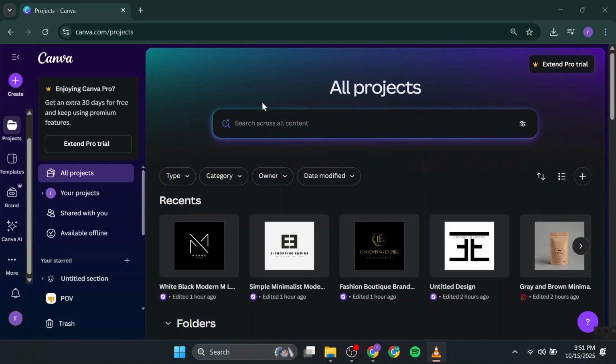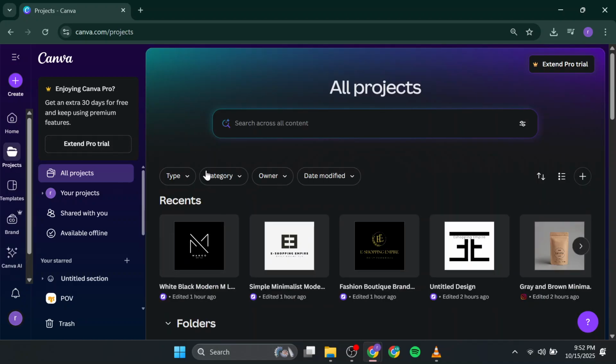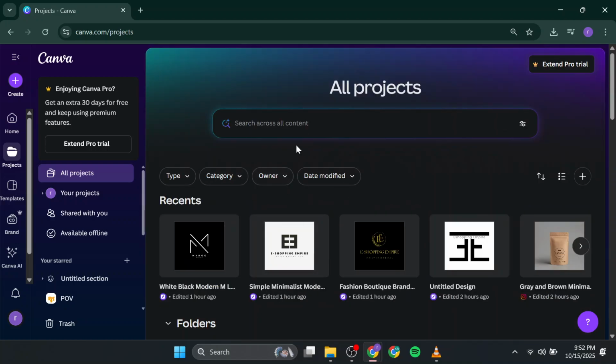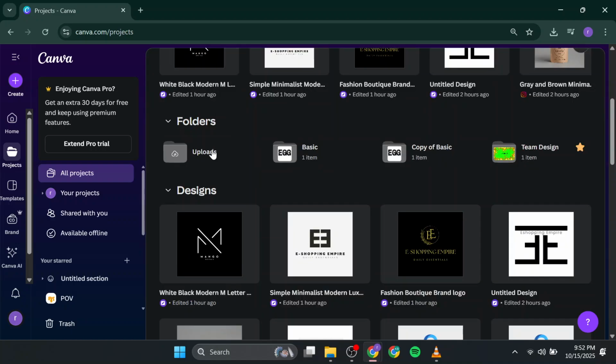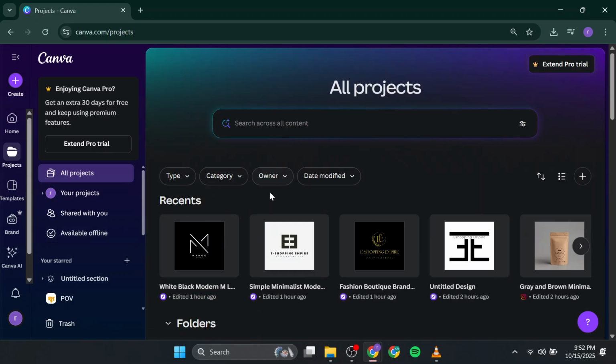In today's video, I'm going to teach you how to properly organize your design projects using folders in Canva. Being able to manage your digital workspace efficiently can save you a lot of time and frustration, especially when working on multiple projects or collaborating with others. A well-structured system allows you to focus more on your creative process and less on hunting for files, so let's